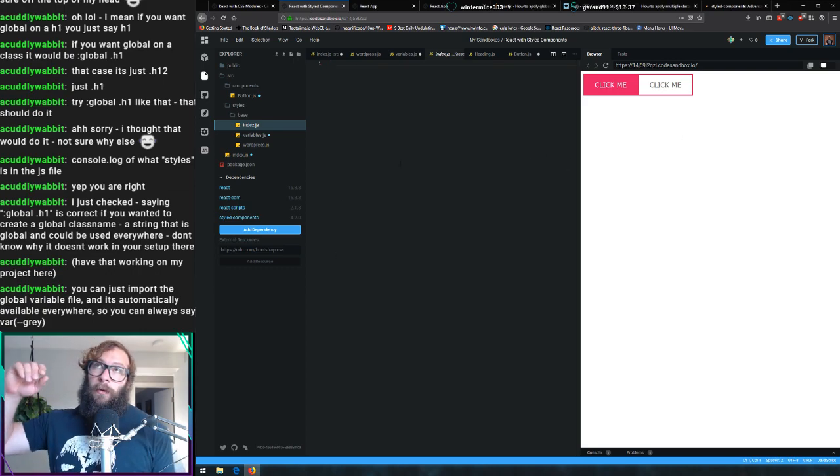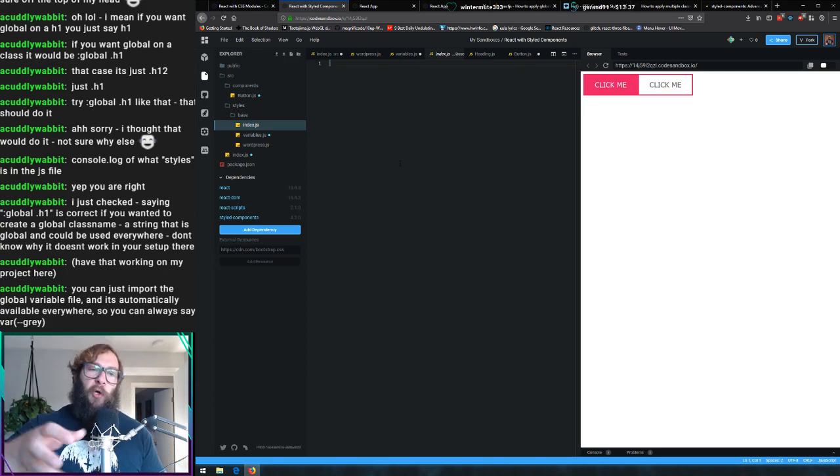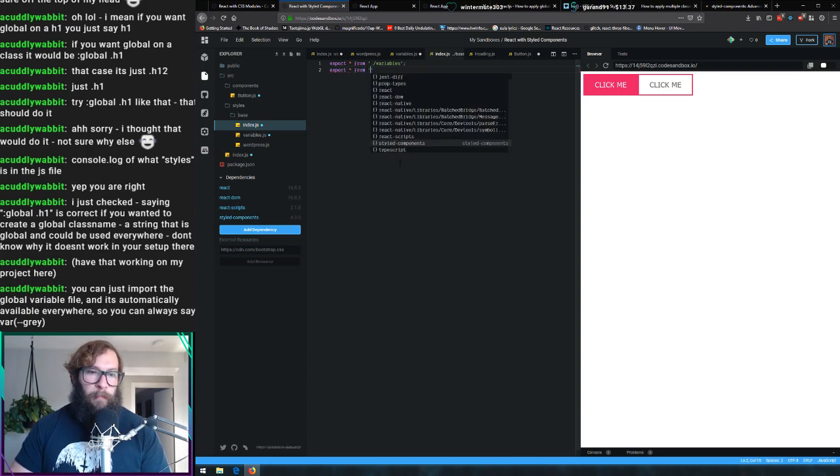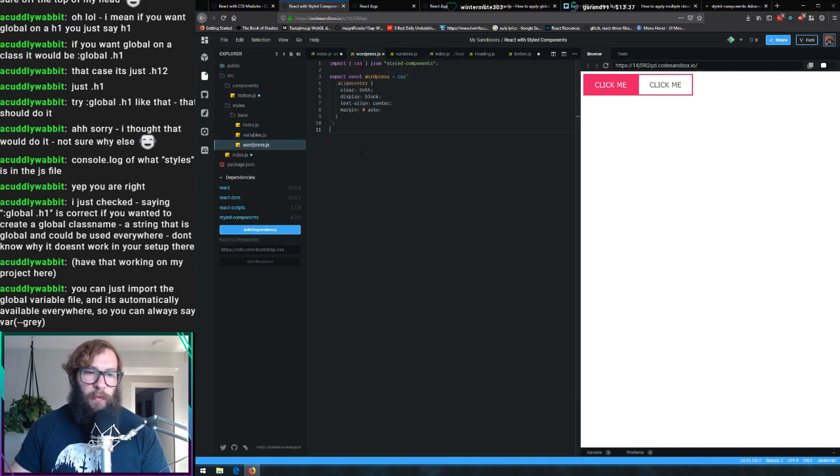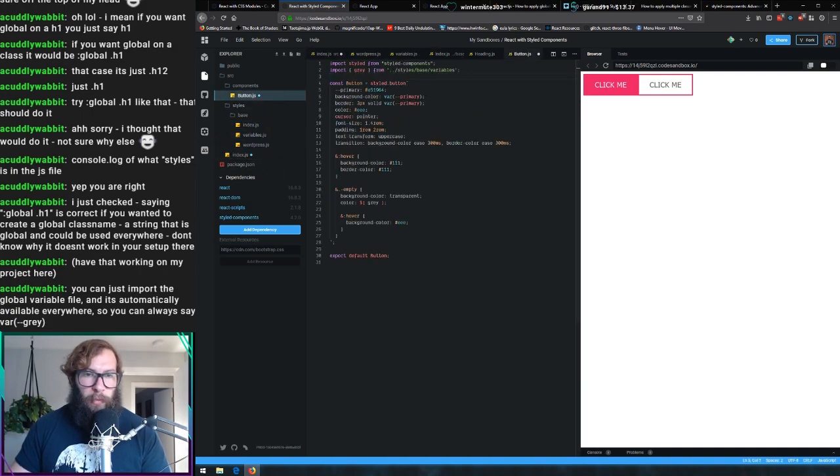What you can do is export your partials from within base here. So we can export everything from variables and export everything from WordPress. And then everything that we've exported through these files should be available to us if we were to go into our button and then just import